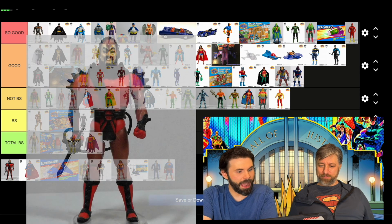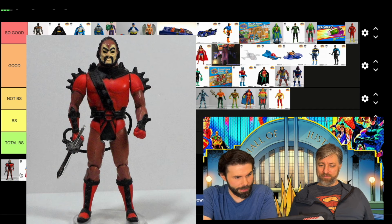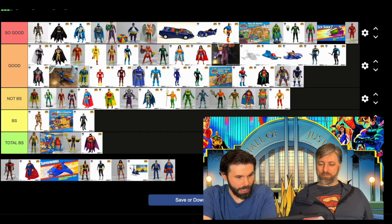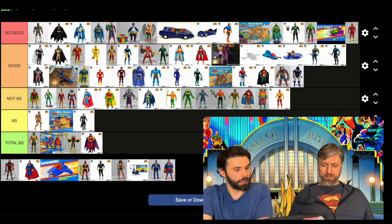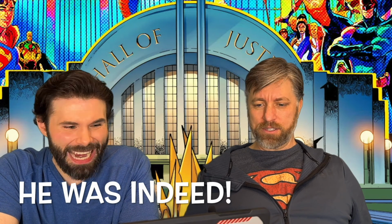All right, now we have Steppenwolf, and this was one I also never had and didn't know existed. I knew of the character, didn't know there was a figure made for him, never found him in the stores, or my parents didn't. I think this was a mail order one, wasn't it? It may have been. As far as I remember, the only mail order one was Clark, but Steppenwolf may very well have been a mail order. But I remember seeing him in a package, though. Yeah, he had a package, but...